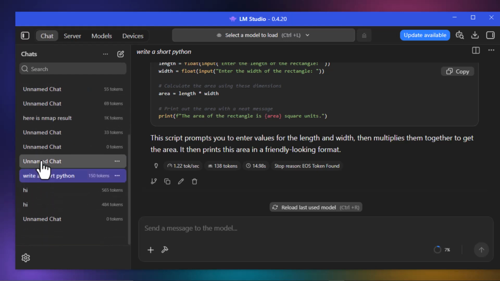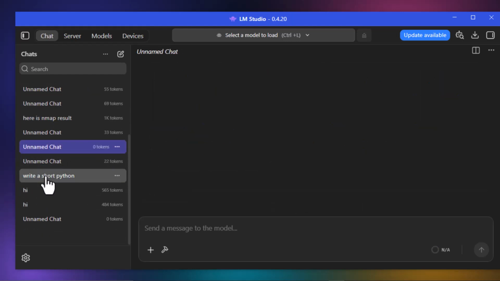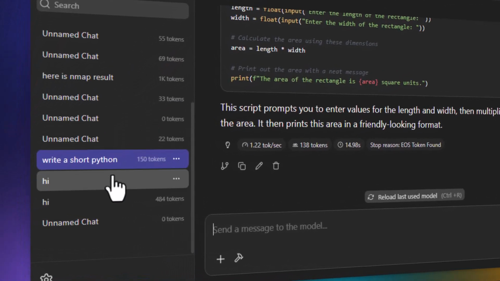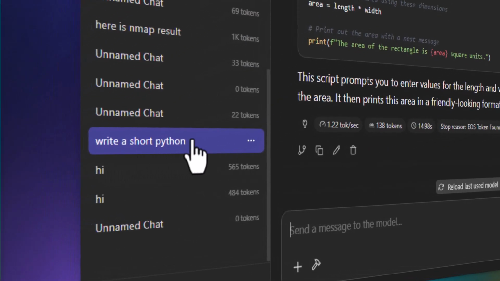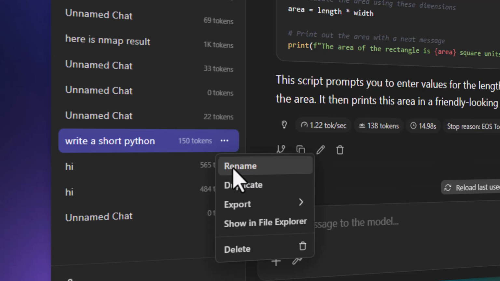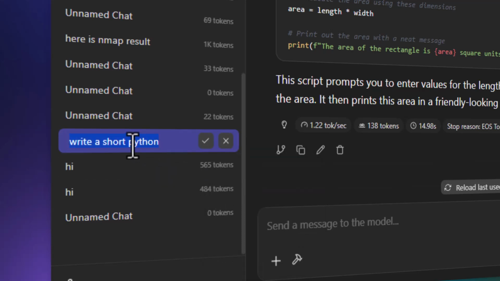a few seconds. First, launch LM Studio and look at the left sidebar where all your conversation threads are listed. Find the chat you want to update and hover your mouse over it. Click on the three dots icon that appears right next to the thread title. From the drop-down menu, select Rename. The current title will turn into an editable text box. Type in your new custom title, like Python Refactoring or Local LLM Notes, and press Enter or click outside the